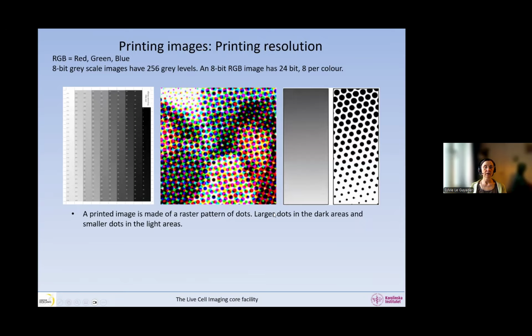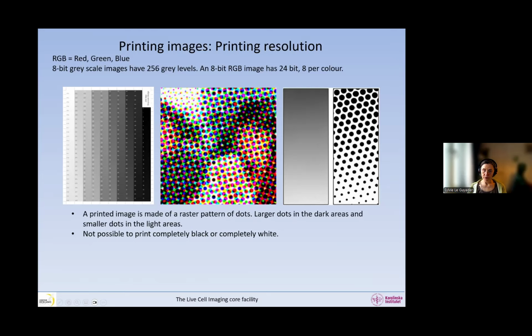So here we zoom into an image that is printed on paper, and what we can see is the printing method. The way it works is that we have a raster pattern, aligned as a grid of dots. This is the way images are printed. So when we want the area to look darker, we simply print larger dots. So large dots look darker than small dots. And so this is the way it is printed, and you can see it here in grayscale as well.